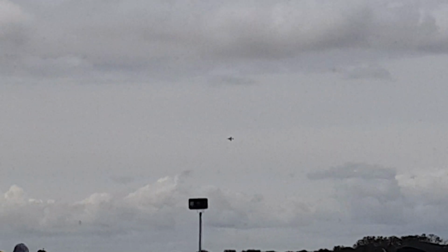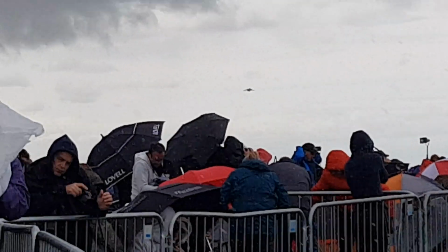Entry into the teardrop maneuver, repositioning from the left, this time towards the bow centre, maintaining 350 knots. Other aircraft